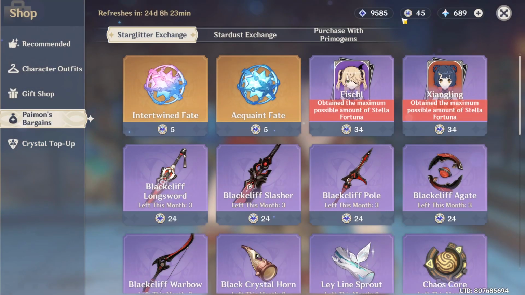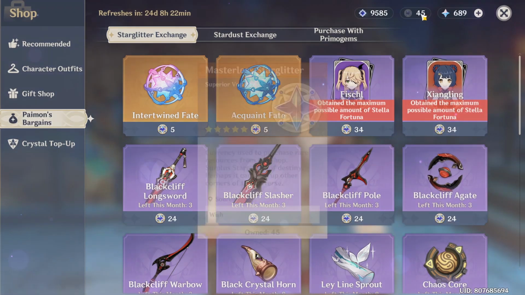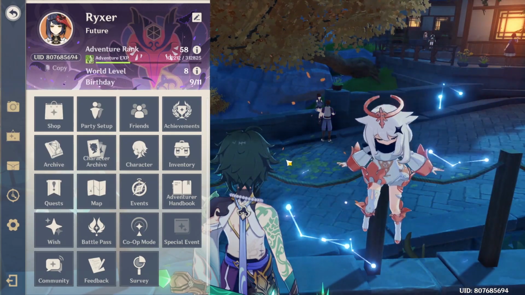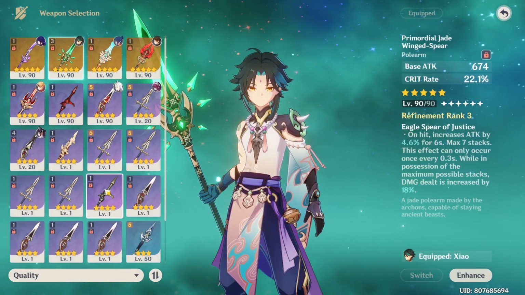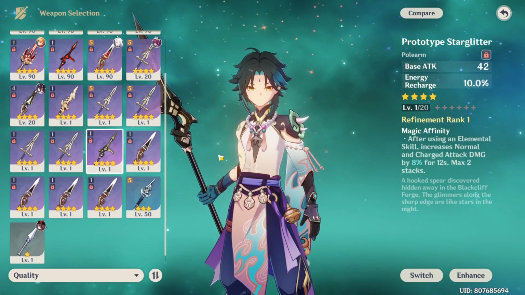You can buy it with 24 Masterless Starglitter. To obtain this is very easy, you just need to wish a couple of times and you will get it. Okay, done with that. But just in case you don't have enough of that, then try to use